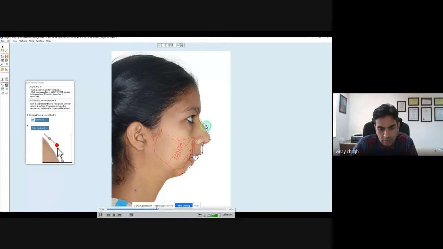This takes a little bit of time. Usually, if you want to plan one patient very correctly, it will take around 20 or maybe 25 minutes. And with practice, you may do it in 15 minutes as well.